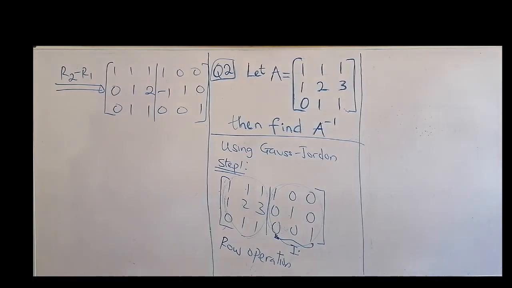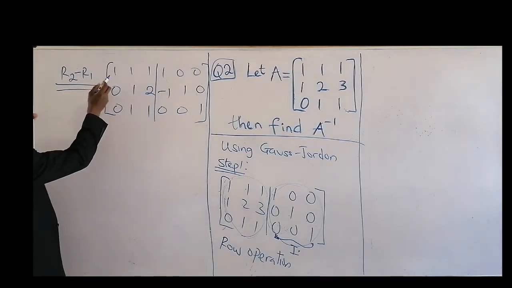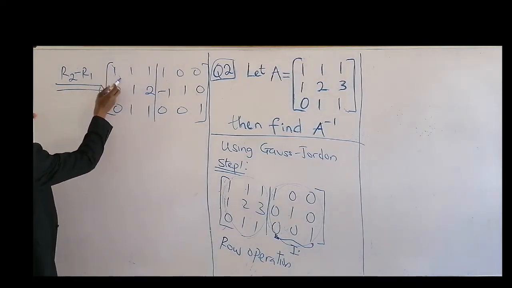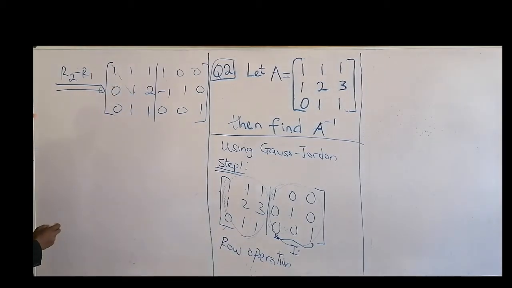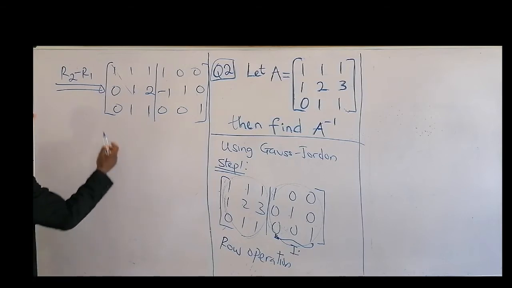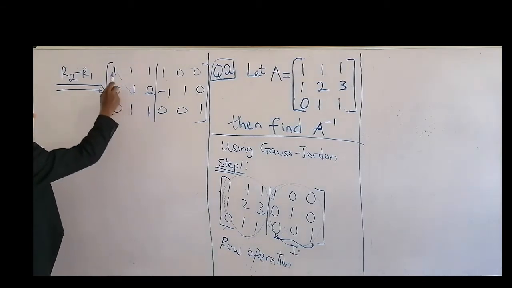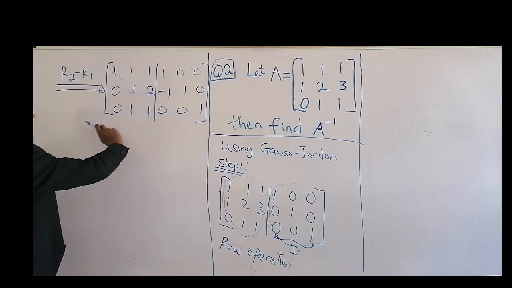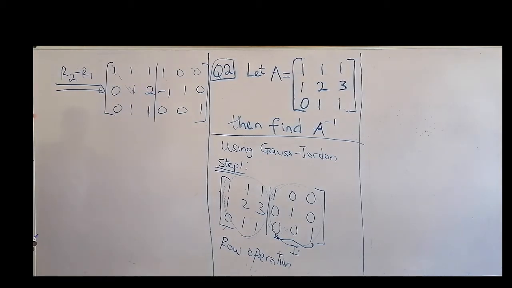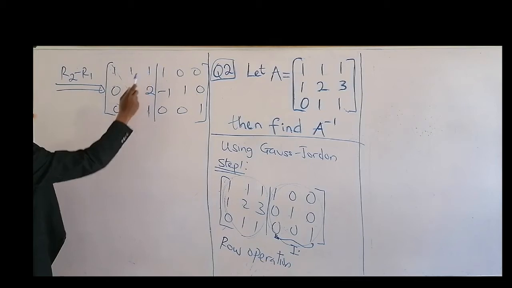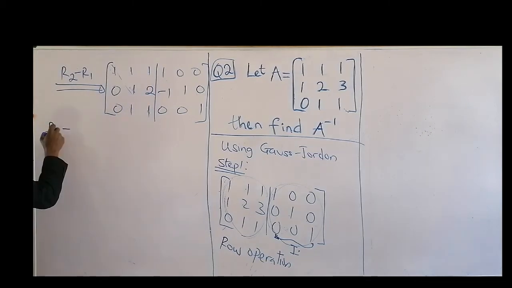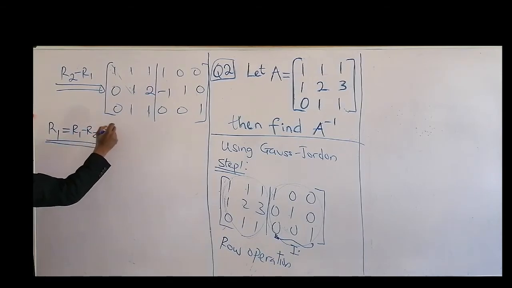So we have this. You can see now that at least we've achieved the main diagonal to be 1, 1, 1 in this place. It's the form you want to get: 1s on the diagonal and other elements 0. So here I need this place to be 0, and this place also to be 0. Row 1 will be equal to row 1 minus row 2. That's the one thing I can do there.